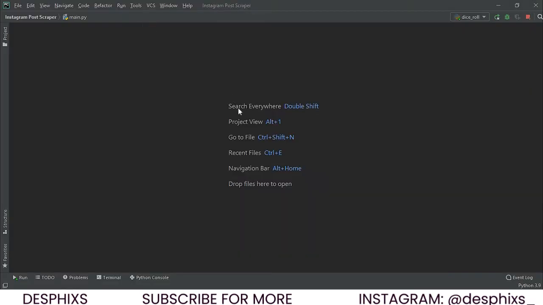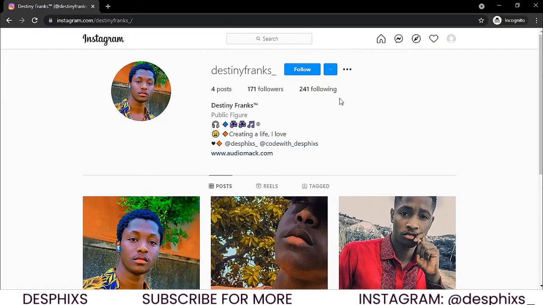You can use Visual Studio Code or whatever, but when writing Python code, I really prefer PyCharm to any other thing. So the next thing I want to show you guys is the application, the library that we're going to use to achieve this. So the posts on Instagram are loaded dynamically. That's one thing I want to say. The posts are loaded dynamically. For example,